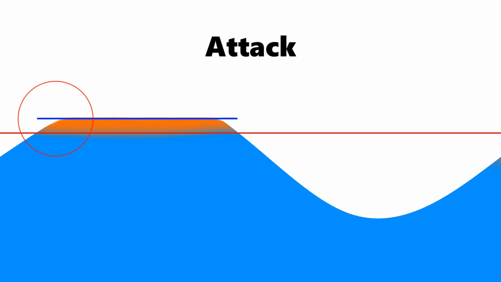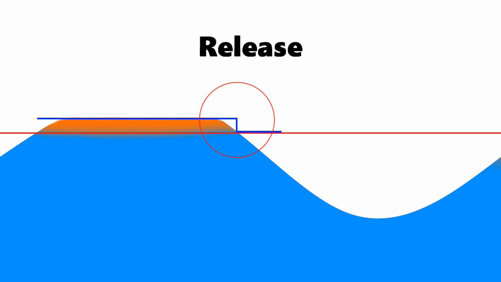Attack is to set how fast or how slow the compressor engages, and is indicated by time. Faster attack means the signal rather immediately gets compressed when it goes beyond the threshold, whereas slower attack means the signal gradually gets compressed according to the speed you set. Release is to set how fast or how slow the compressor releases the compression after the signal goes below the threshold. Faster release means the compressor rather immediately stops processing the signal, and a slower release means it gradually stops